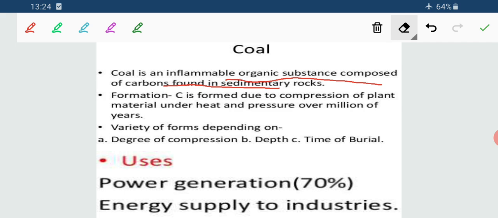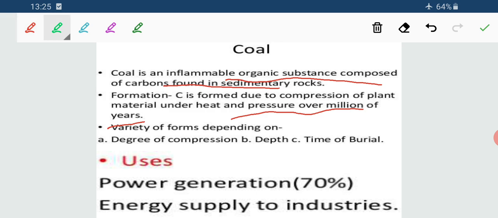Now the formation of the coal is due to continuous compression. Now more the compression, the better or the harder is the coal. So the compression and the inner heat and the pressure, that is not only there for a few years, it takes millions of years to create such type of compression, to form the coal. The greater the compression, the superior type of the coal we get, and the lesser the compression, the inferior type of the coal is there.